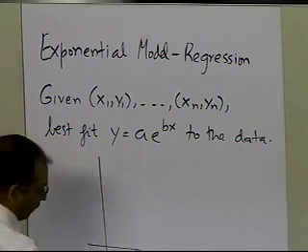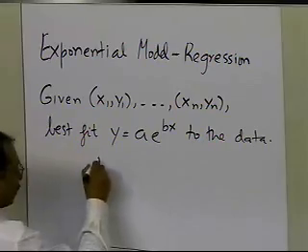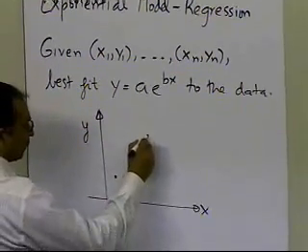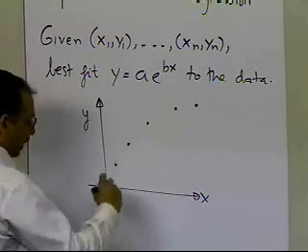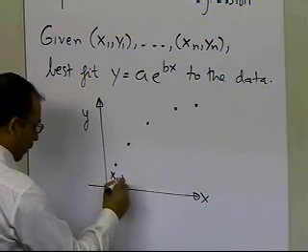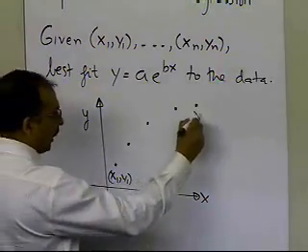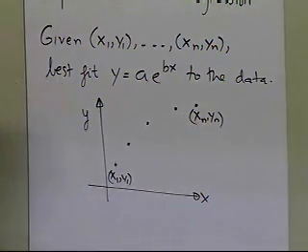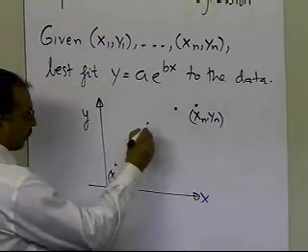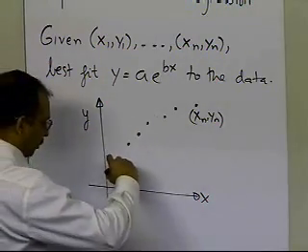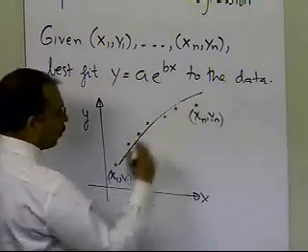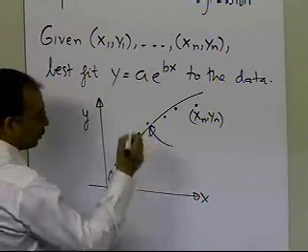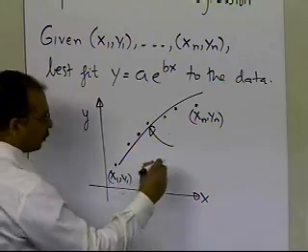So for example, somebody gives you y as a function of x. So let's suppose y is given as a function of x like this, and this is x1 comma y1, and this is xn comma yn. Keep in mind that these data points don't necessarily have to be given in any kind of ascending or descending order. So then you are trying to draw an exponential curve which is not going through those data points, but best fits those data points.